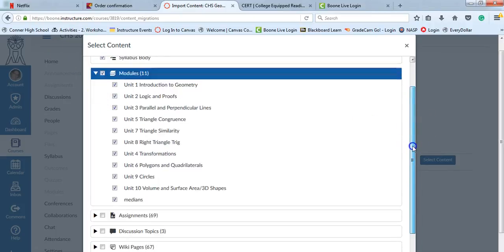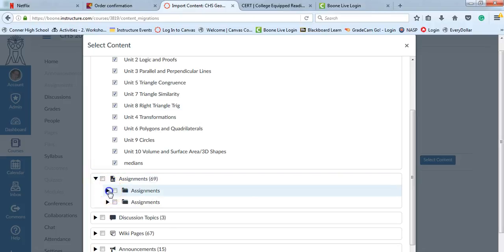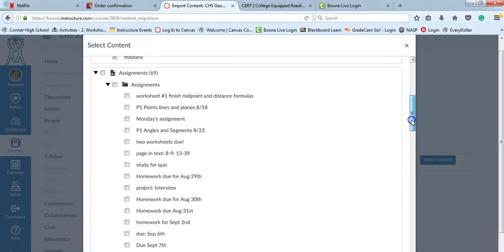but you also need to check what is going into those modules. Right now that's just the outline. So do we want assignments? So when you open up your assignments, are these things that you're going to want to come to the next